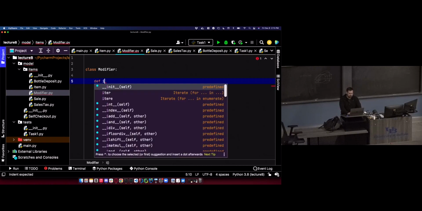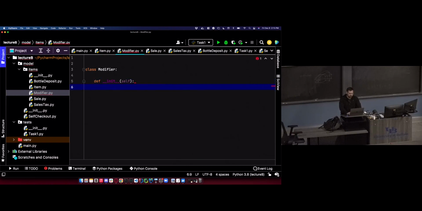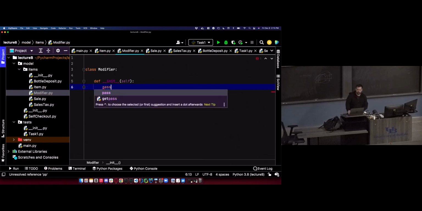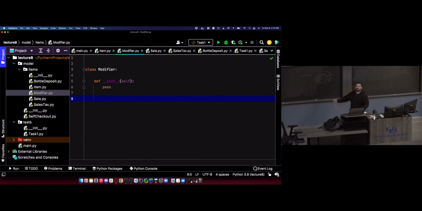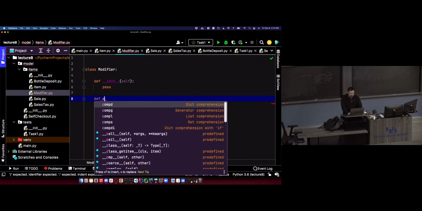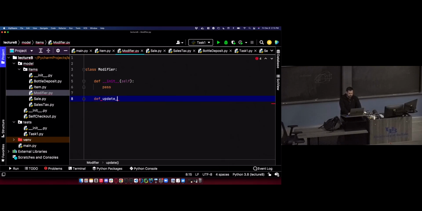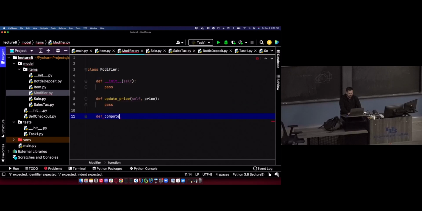So def init, pass. And this pass is not just a placeholder. This constructor isn't going to do anything. In fact, we could just leave off the constructor entirely, and that'd be perfectly fine. Def update price takes a price, pass. Def compute tax takes a price